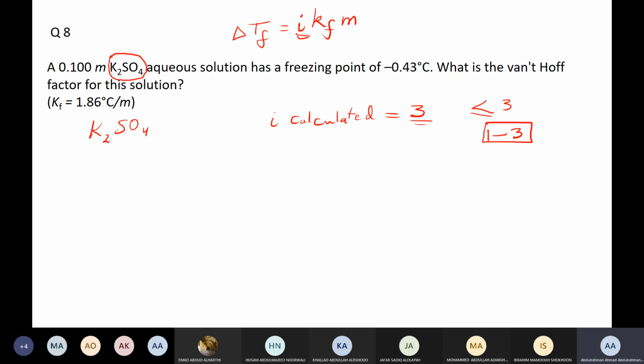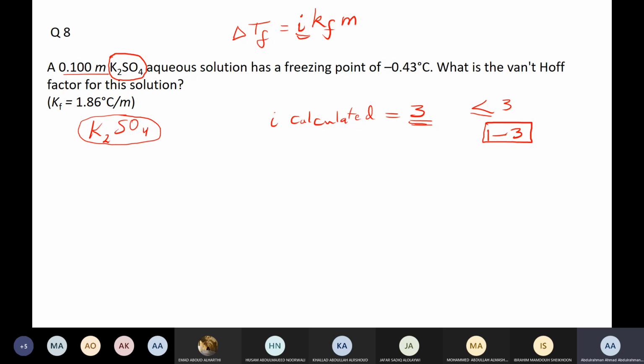As we said, why? Because I calculated it is 3, and it can never be less than 1. If it stays as 1 unit like this, then it will be minimum 1, and maximum it can be 3 if it's 3 units. I hope this is clear. Now